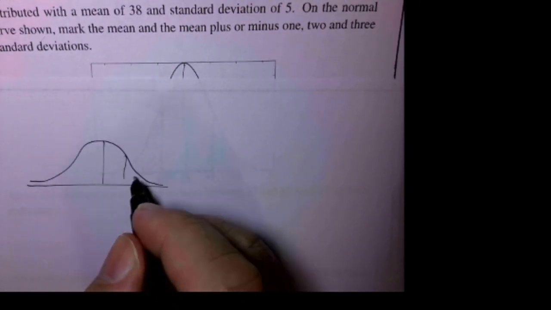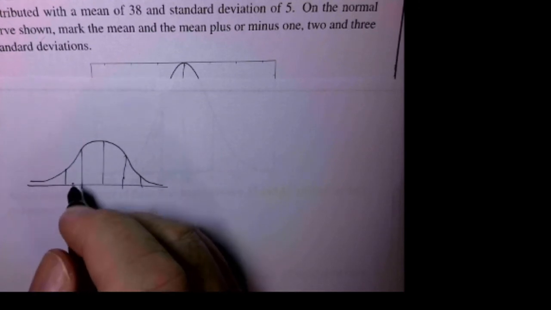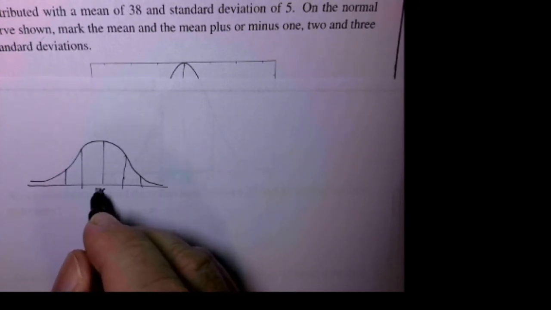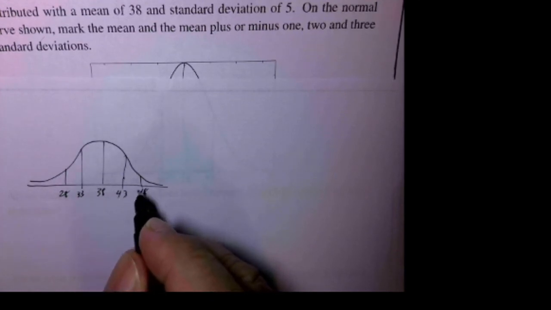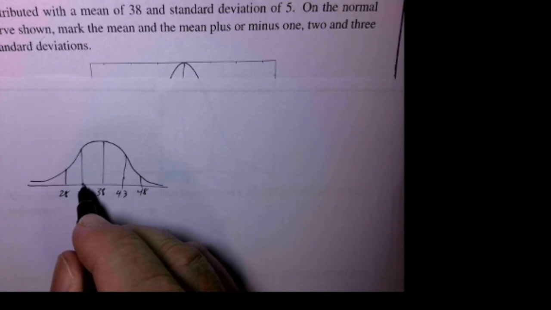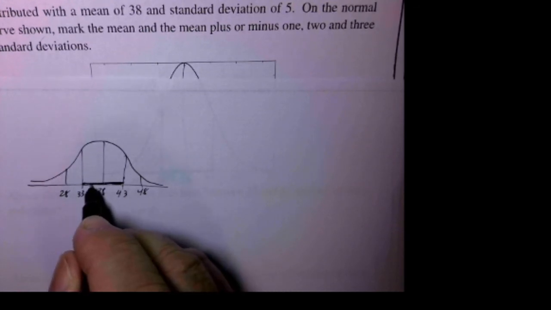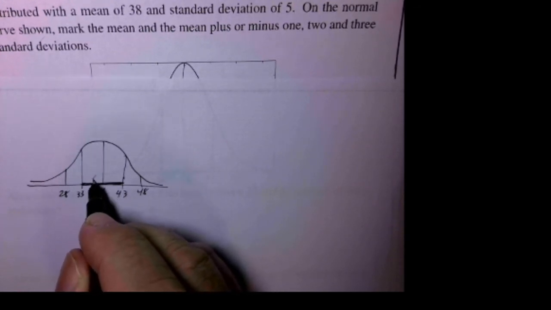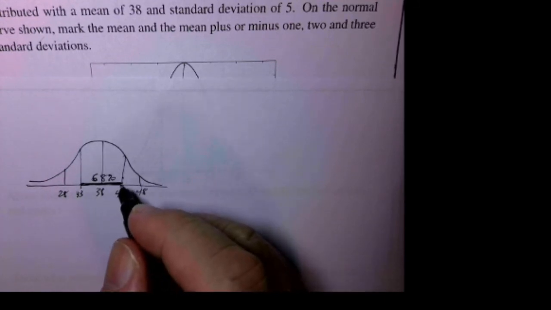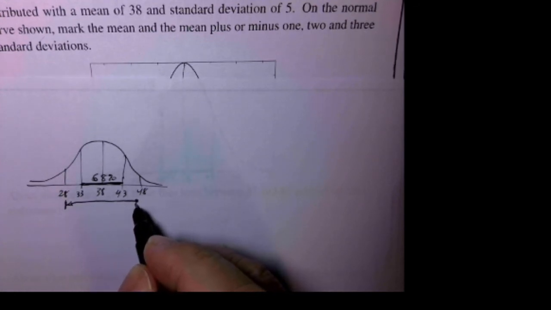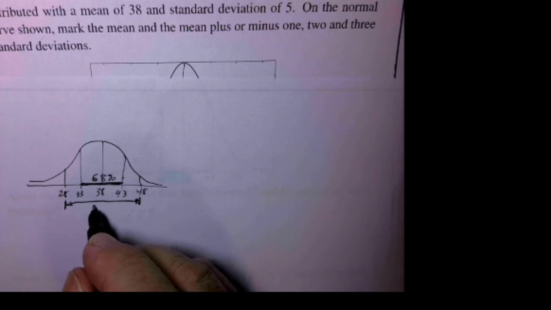We know that, let's see, this is 38, 33, 28, 43, 48. We know that this interval here contains 68%, right? 68%. And we know that this interval here, the interval from 28 to 48, so from the mean minus 2 standard deviations to the mean plus 2 standard deviations, this interval contains